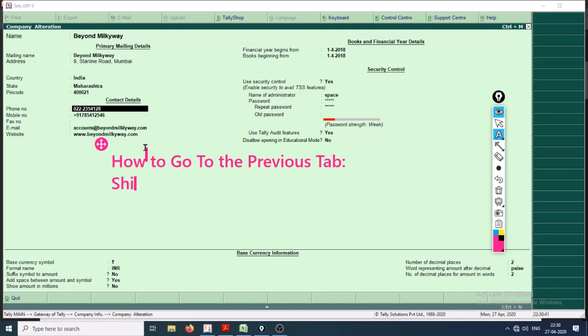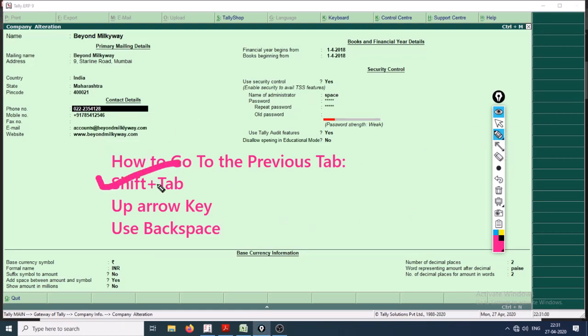The first and the most favorable function is shift plus tab, or you can use the up arrow key, or you can use backspace. But the most favorable one is shift plus tab, hence always choose shift plus tab.